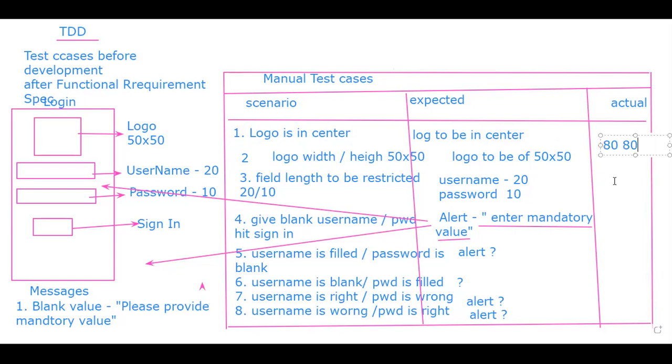then when the manual testing person tests it after the development is completed, he will mark this as failed. He will tell them to please look into the test case. It is given that the height should be 50 and 50, but you have given 80-80. And this will be sent back to the developer, so they will rework on it. But the UI matters a lot more than the business logic. How the system works comes secondary.